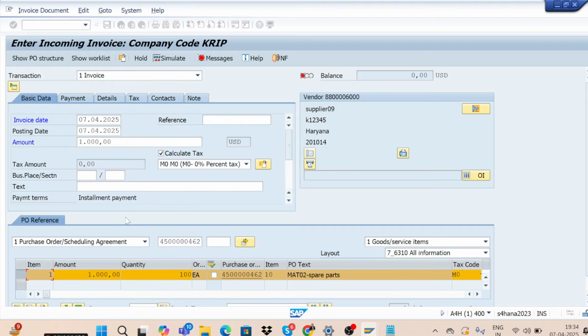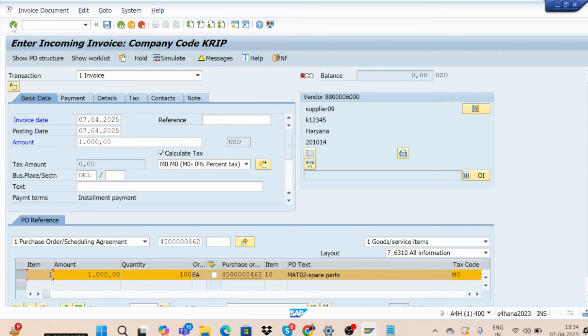In the S4 system, this is mandatory. In real time, it's done by the FICO consultant, like the business place is also created by the FICO consultant. But here we don't have any FICO consultant, so we have to do it on our own. Otherwise, we will not be able to proceed further. So I created a business place for my company called DEL. Just give your business place. I will tell you how to create a business place. Just wait a while. I'm just giving my business place here.